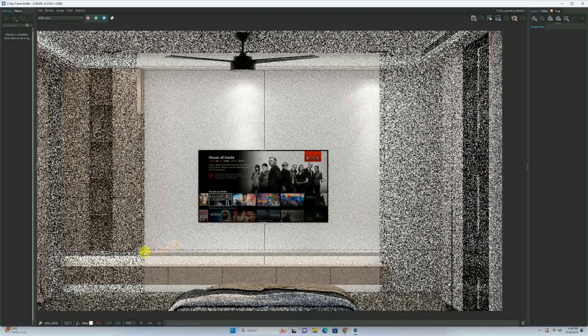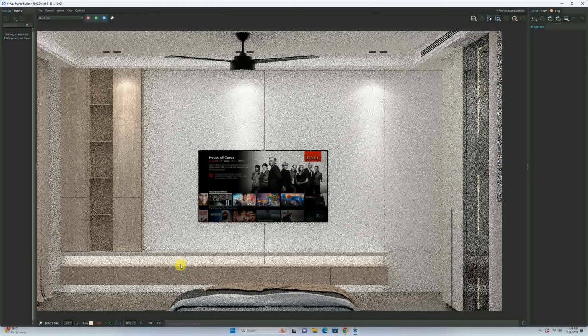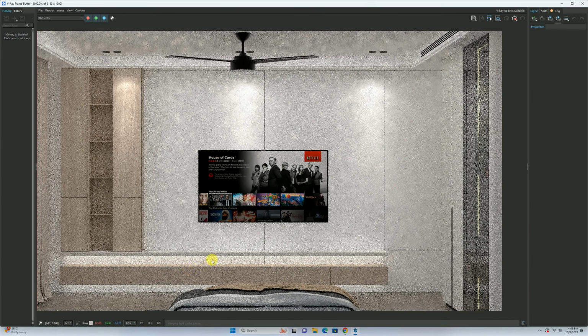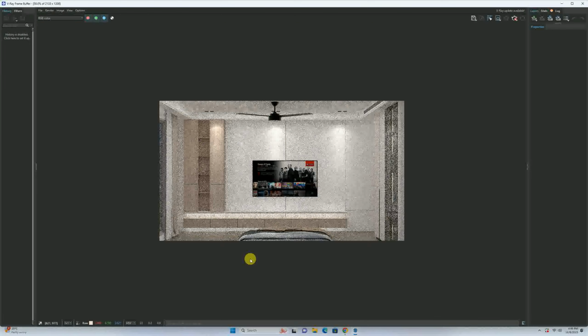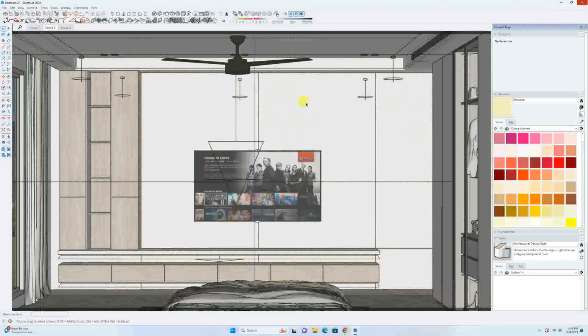Okay, so we can add the light over here. Okay, now we'll add the objects. So for that, I'll stop it.